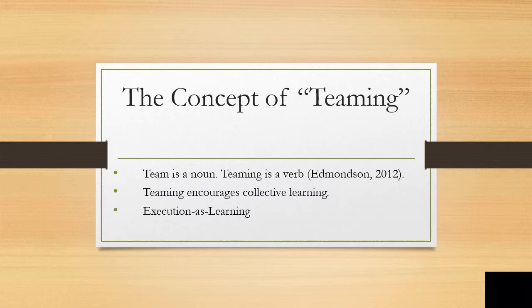If your company makes teaming the foundation of your work and the leaders build upon that by encouraging their teams to engage in collective learning, then in turn, they will also be able to implement execution as learning. This is where the teams can begin to learn as they are working, adapting quickly to mistakes and growing in their knowledge of the tasks before them.